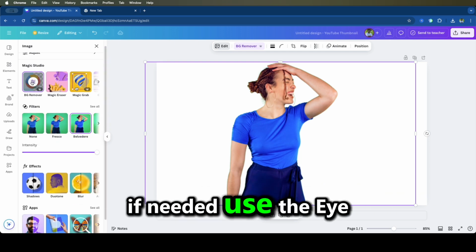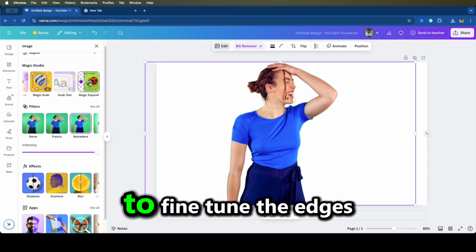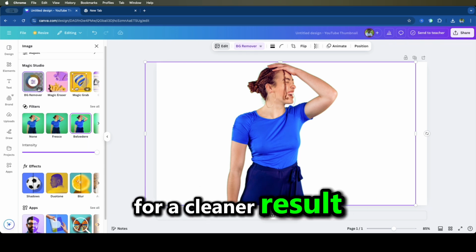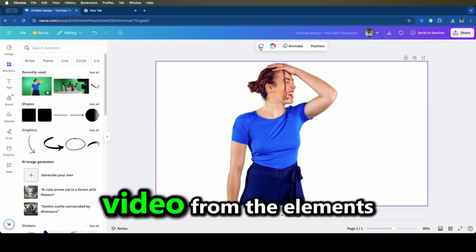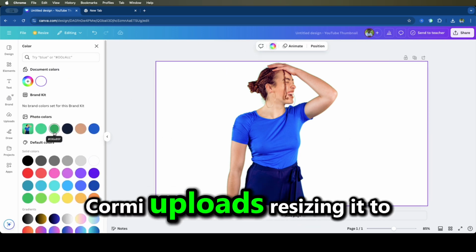If needed, use the Erase and Restore tools to fine-tune the edges for a cleaner result. After that, you can replace the background by adding an image or video from the Elements or Uploads tab, resizing it